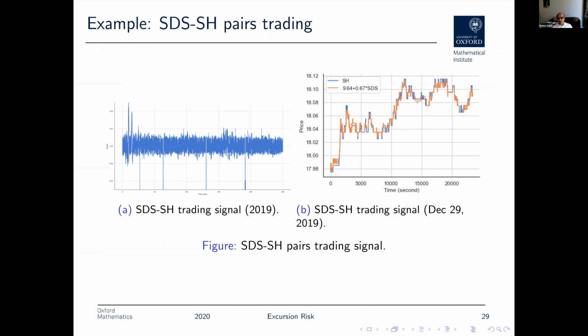Another example is the other one I showed you yesterday. I showed you the pair, which was two exchange traded funds. This is SH and SDS in two colors here, and we do a regression of one on the other, and we find this weight here, 0.67. So if you combine SH with 0.67 SDS, then you get this signal here, which is